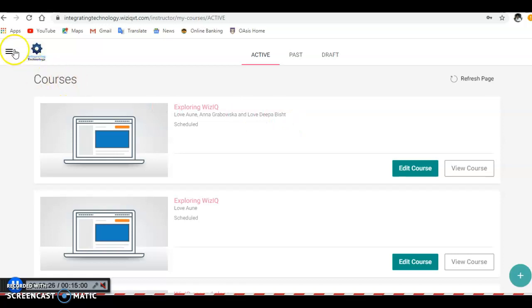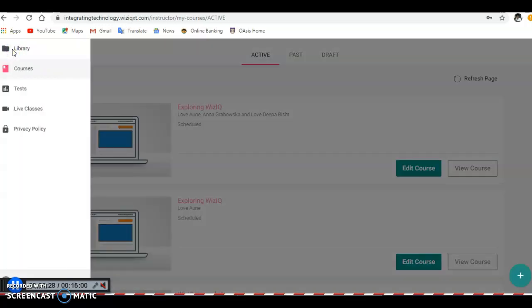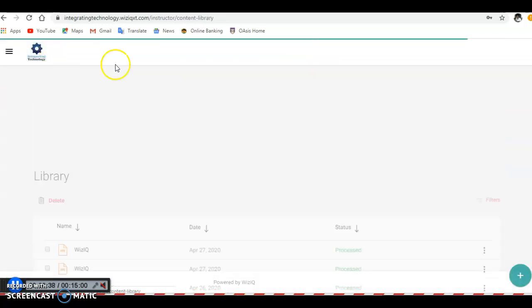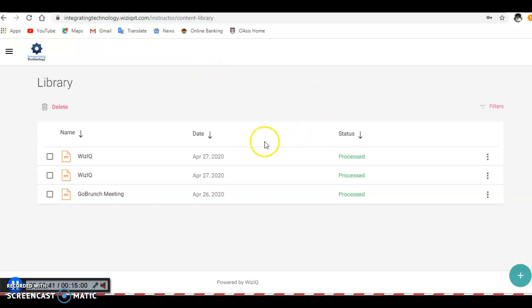Alright, let's start with the menu. Here you find library, course, test, live classes, and privacy policy. So let's see what's on the library. So on the library, you find